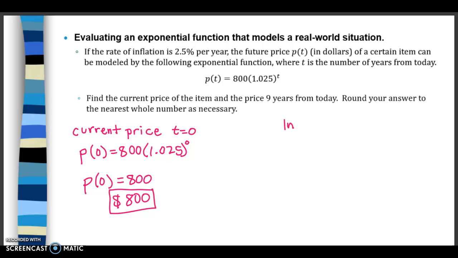What about in 9 years? So remember, t is the number of years from today. So that means t is equal to 9. So we're finding the price when time is 9, or p of 9. So 800 times 1.025 raised to the 9 is equal to, when we do this, we'll get